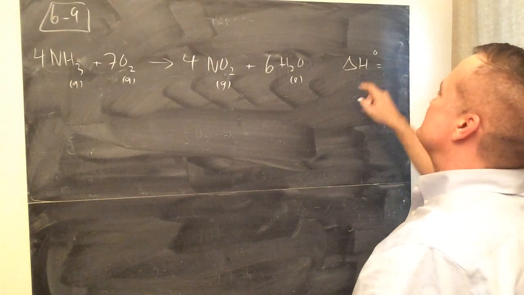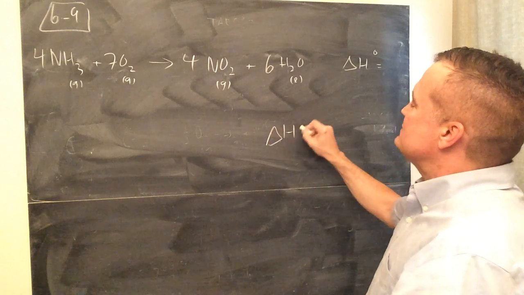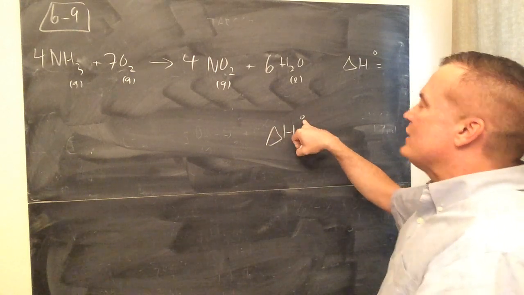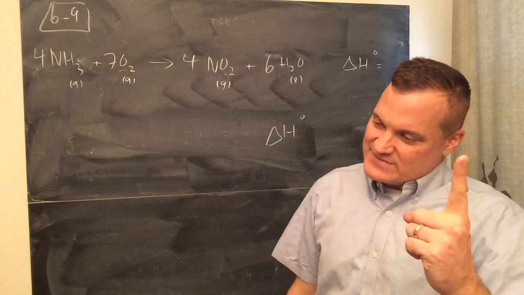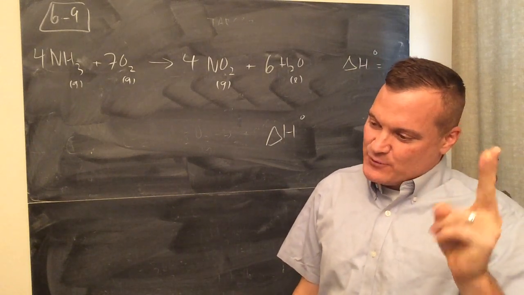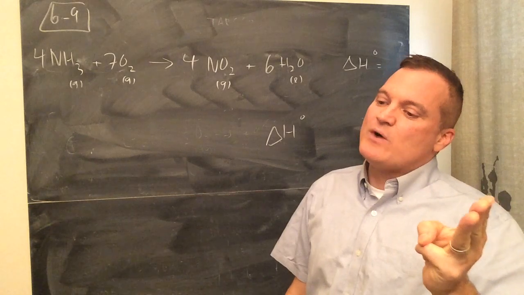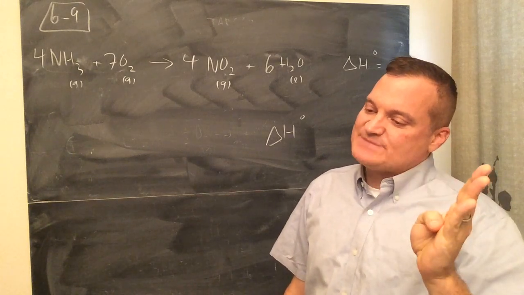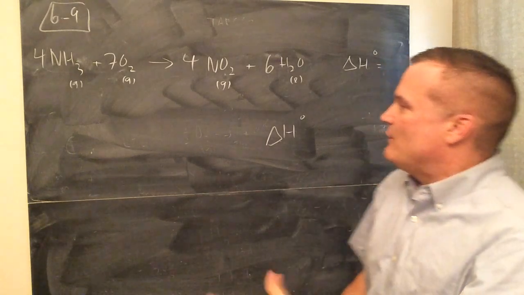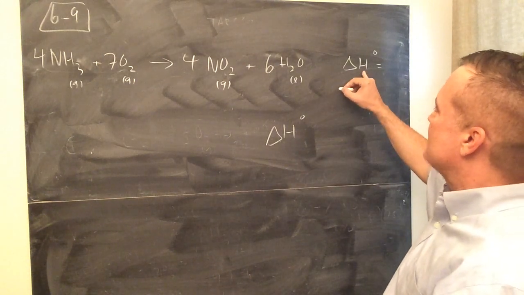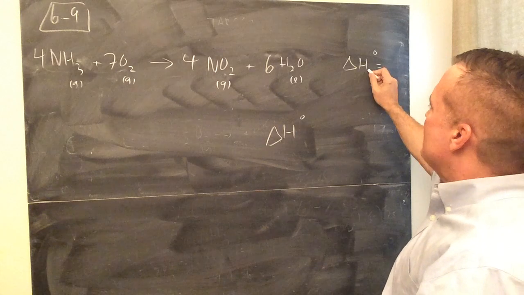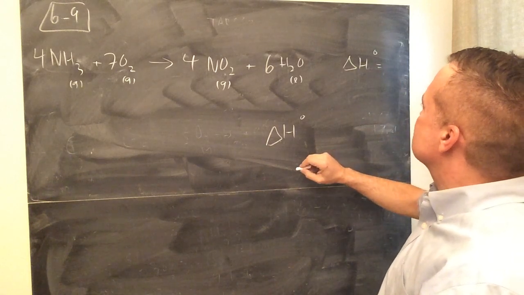Sometimes you see delta H with a degree sign. The degree sign means under standard conditions. That means 25 Celsius, 1 atmosphere pressure. All solutions are at 1 molar. All gas pressures are at 1 atmosphere. And when those react that way, this is what the delta H of reaction would be. You can also call this